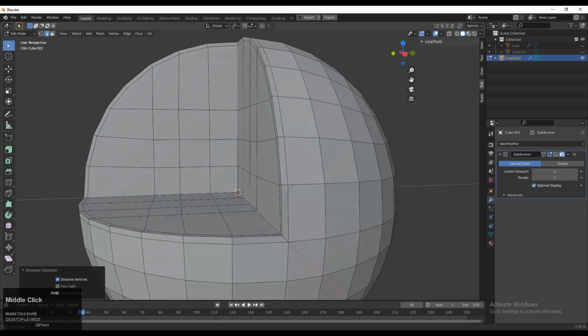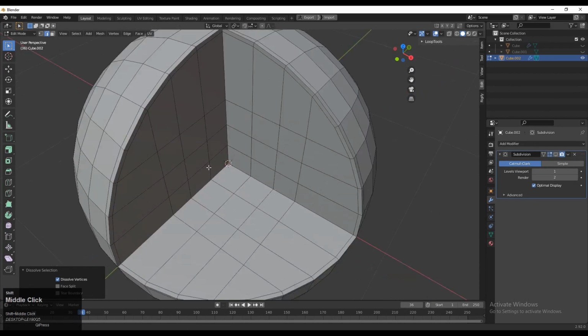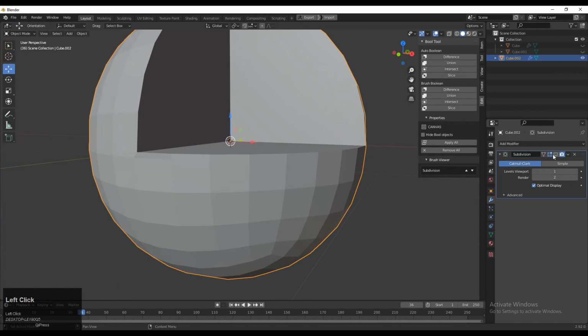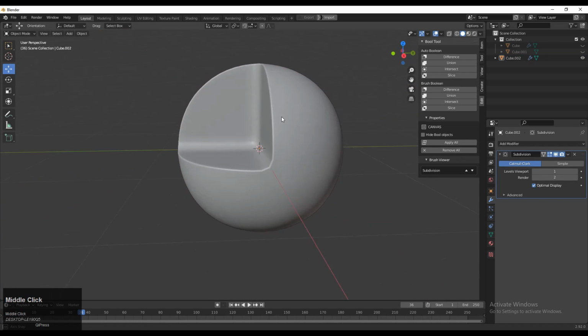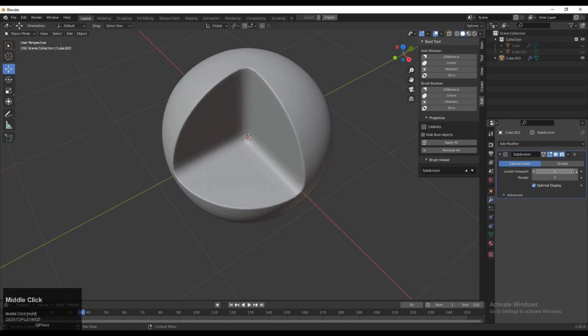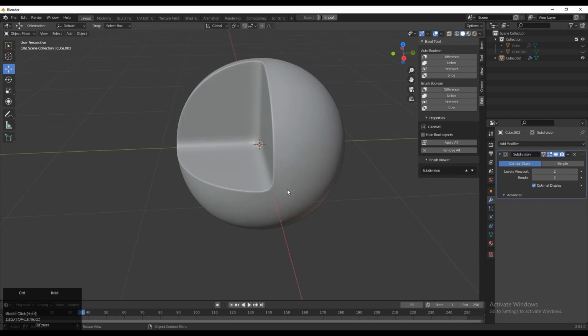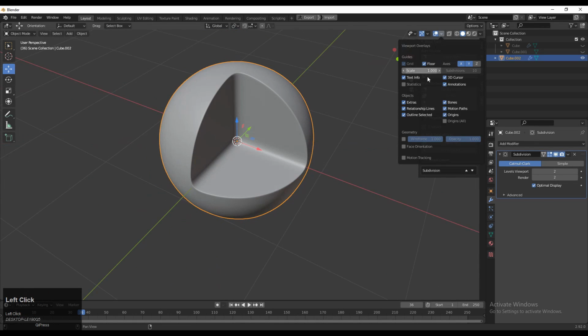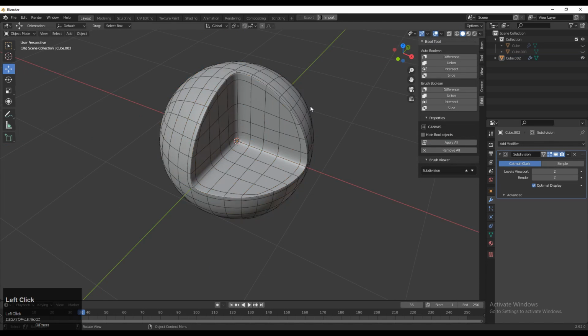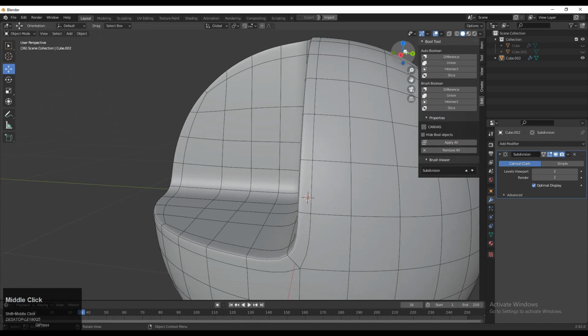Okay, now you can see we got that face loop from the outer side, and then you can turn on your subdivision surface modifier and shade smooth it. We got this decent look. Just increase the subdivision count, and now that looks good. So we will work on it a little bit more. You can see the wireframe here and the topology.